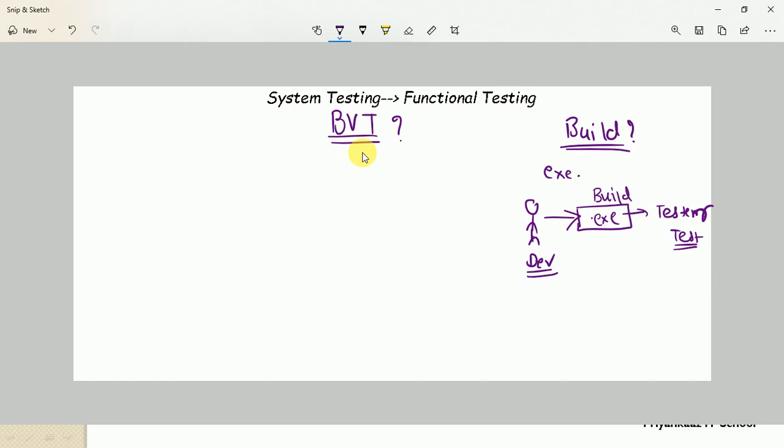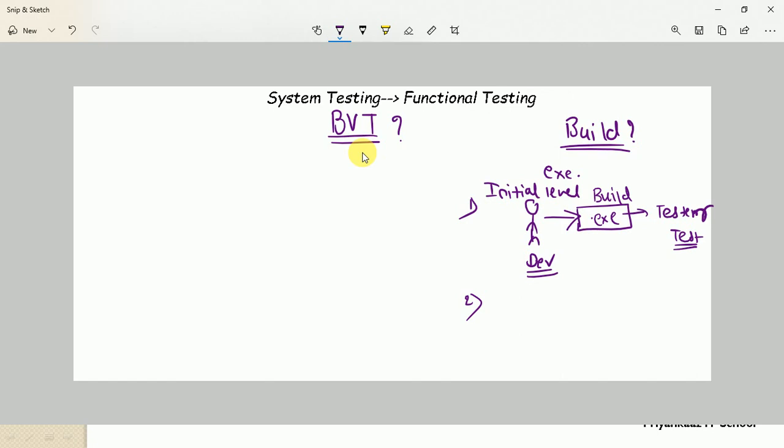So this we call the first level. This is nothing but the initial level release, where the developer develops the application in the development environment and simply releases the exe file of that particular application to the tester for testing purposes. Clear? Second, what happens if you find some defect in the build? Then we can pass that defect to the developer. Then the developer will fix that defect.